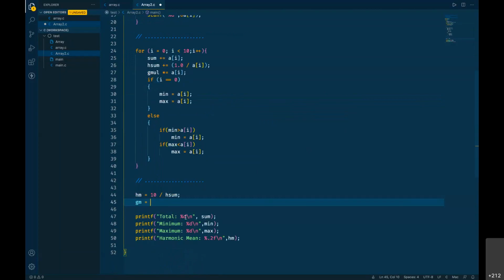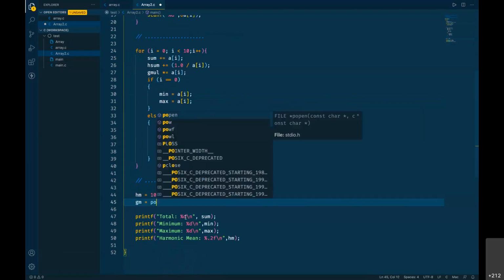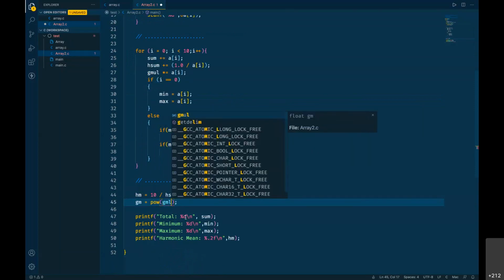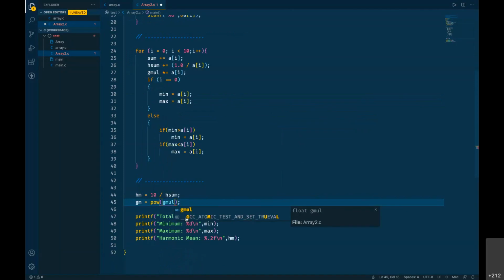Now what is the equation? Have all the multiplication and then make power 1 by n. So we are going to use the pow method, power, and the first parameter will be your base, so it is going to be gmul, and the second parameter is going to be the power.